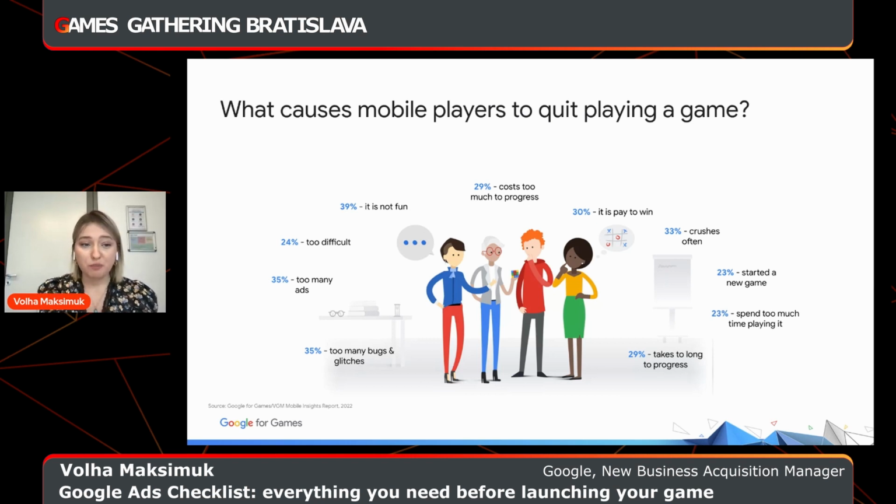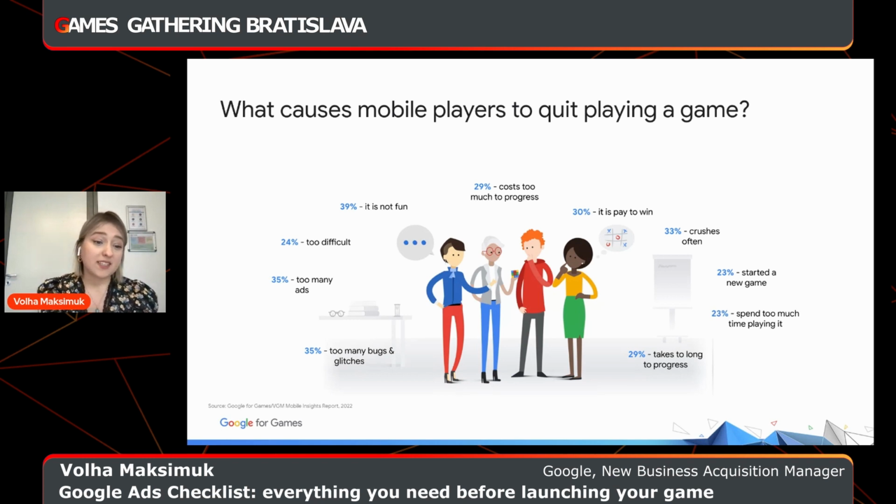Because I don't know about you, but when it comes to me personally, when I download an app and it constantly crashes, I give it on average around 2 chances. And usually I just delete it because I probably will just forget about it existing, as it gave me a bad initial experience. So this is some of the things that you should definitely remember about, as you don't want to lose users right after acquiring them.